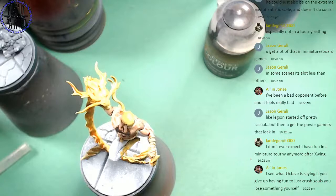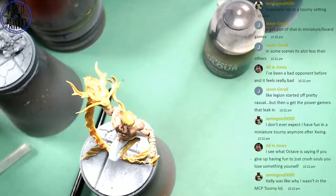But see, here's the thing too. When I was doing that in 40K, I was a bad opponent. And I won a lot of tournaments. I won a lot of tournaments in 3rd and 4th edition 40K. Won a lot of tournaments. And I'm not saying this as a brag. I am saying this to explain though that those were joyless experiences. They really were. They were joyless. They were not, I won,